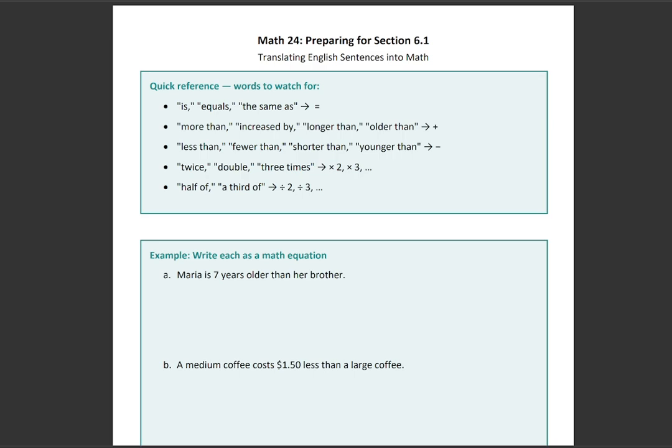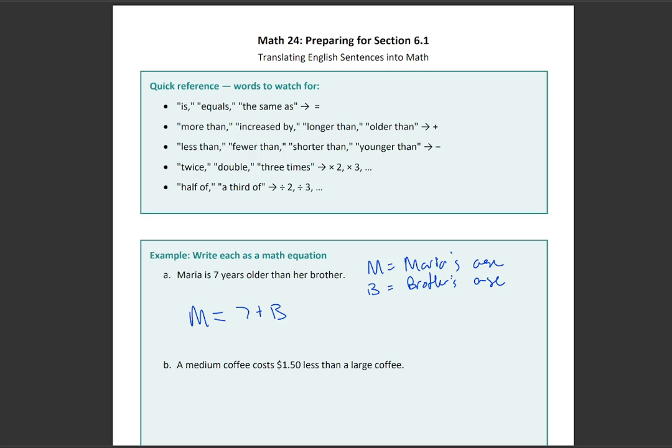So when we see something like Maria is 7 years older than her brother, for our first example, we want to first write down our variables. So we're going to say M is Maria's age, and we'll say B is her brother's age. So Maria is 7 years older than her brother. So we know that M is going to be the bigger number, and it's going to be 7 plus B